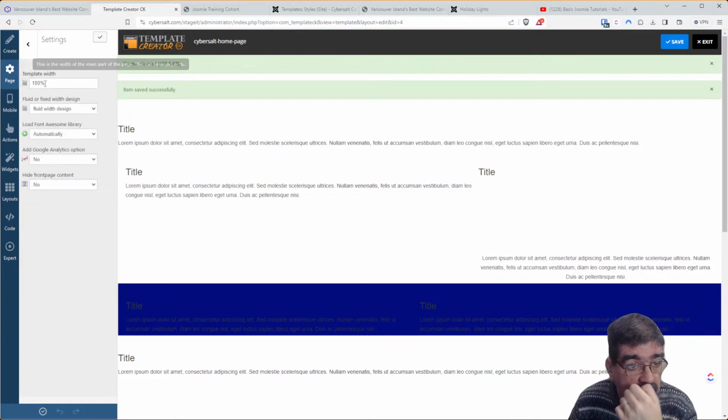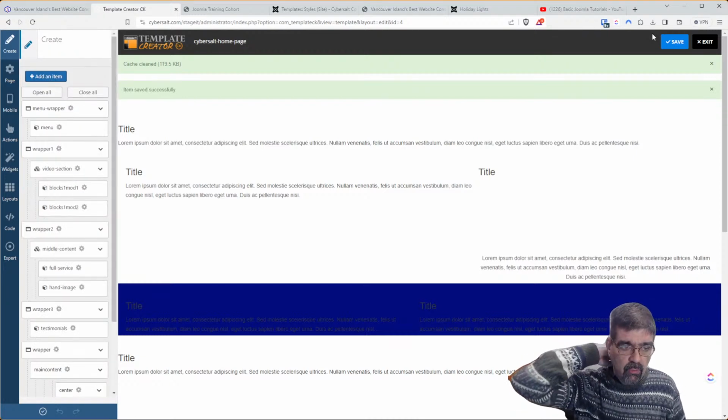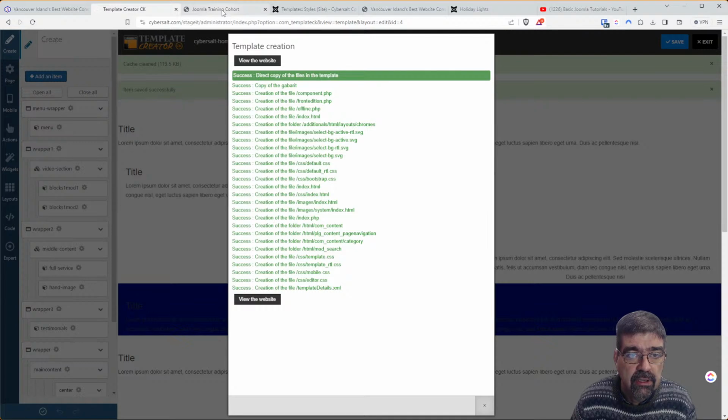Sorry, settings. Fixed width. All right, save. I might be able to get away with just doing one template on here instead of two. Do you have any margins in the menu module? Yes, that's, well, yeah, we're going to go into the menu module next here